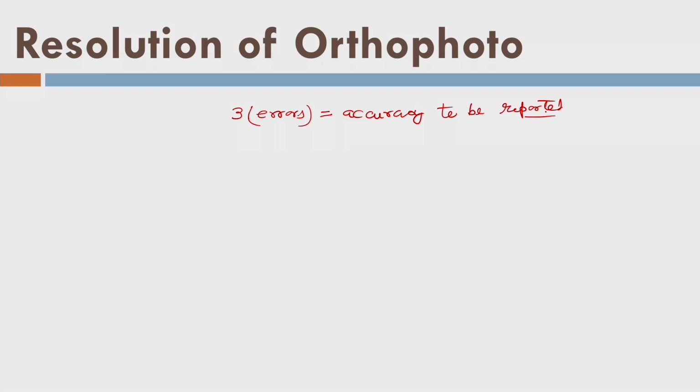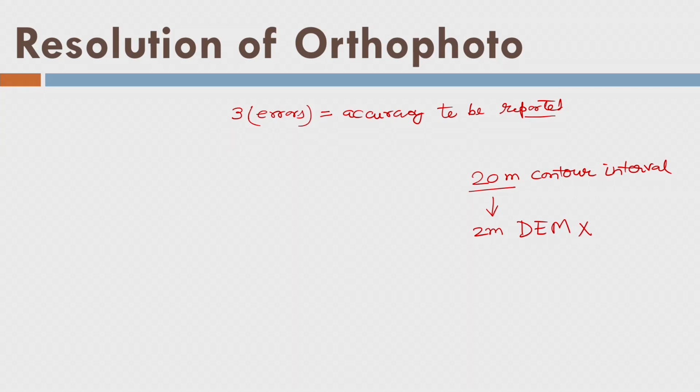I am giving you one simple example: a 20-meter contour interval. Many researchers commit mistakes here. From this 20-meter contour interval, they create a 2-meter DEM, which is absolutely wrong, not acceptable. You should understand why 20 meter was decided: because there was some accuracy of this level, 6.5 meter or maybe 6.66 meter, and as a result, if you multiply it by 3, I will get around 19.5 meter, or approximately 20 meter. So that was the reason Survey of India topo sheets have 20-meter contour.